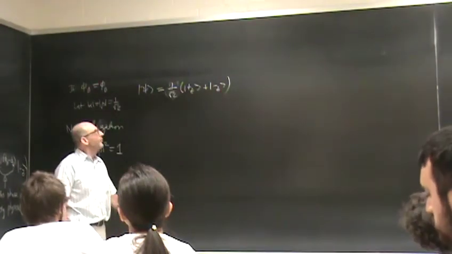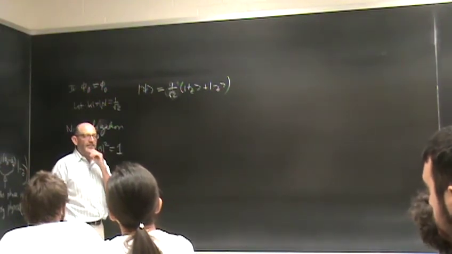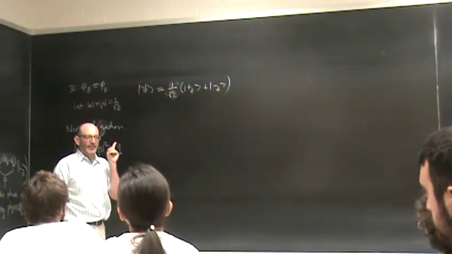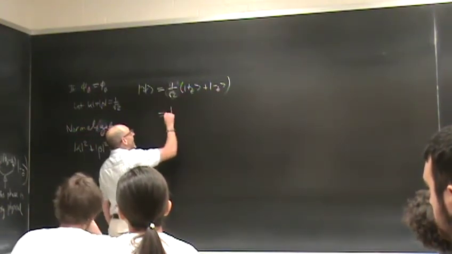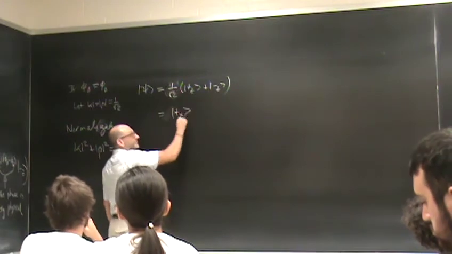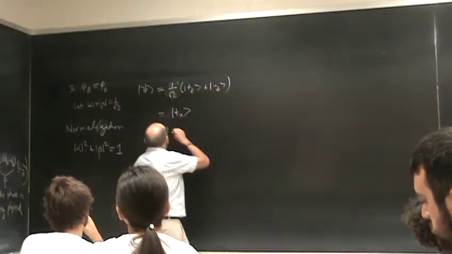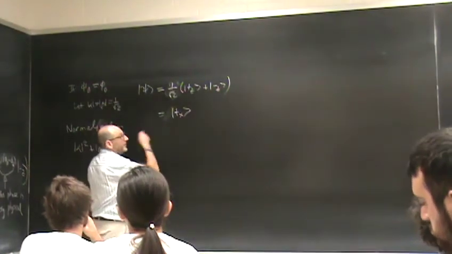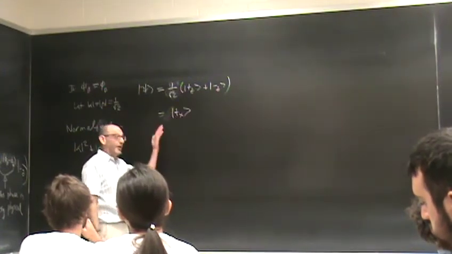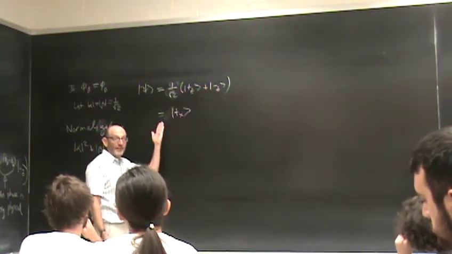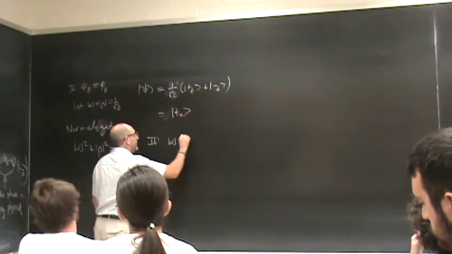Right? And what is that state? From your homework, you might have seen that particular state. It's the state that's spin up along the x-axis. Okay? So if I were, for example, to measure this along x, the probability that I'll find spin down along x is 0, because this is spin up along x. However, if alpha and beta are 1 over root